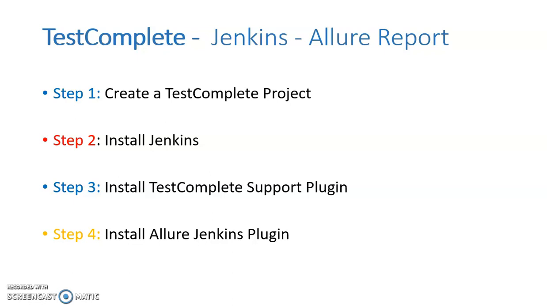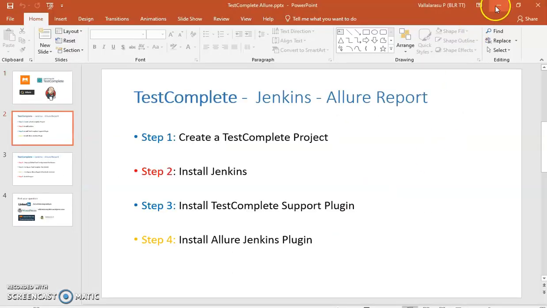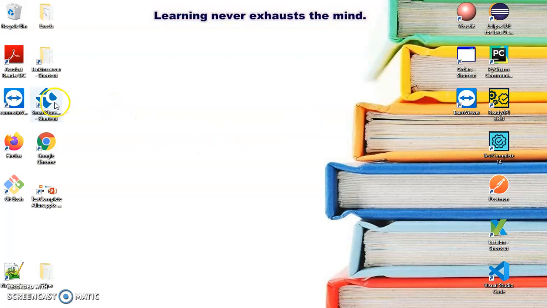First we need to have a TestComplete project created, and then we need to install Jenkins, and then we need to install the TestComplete support plugin, and then install the Allure Jenkins plugin, right? First, let me show you a project which I have already created in TestComplete,